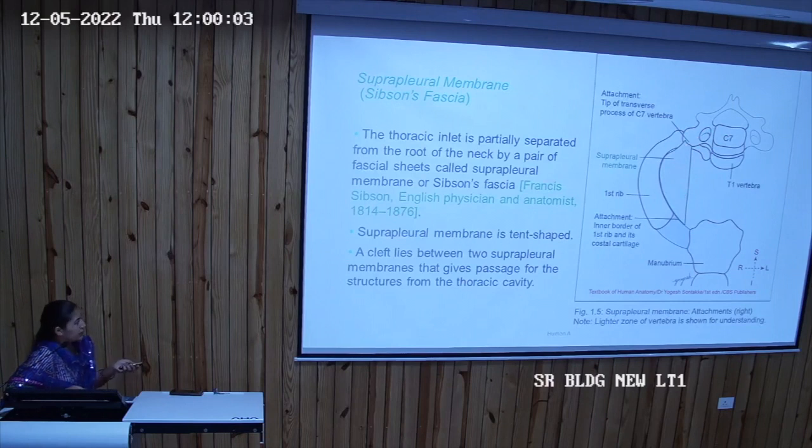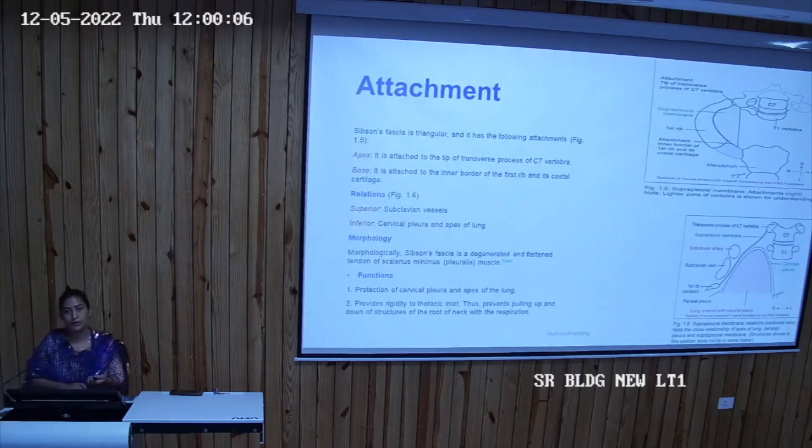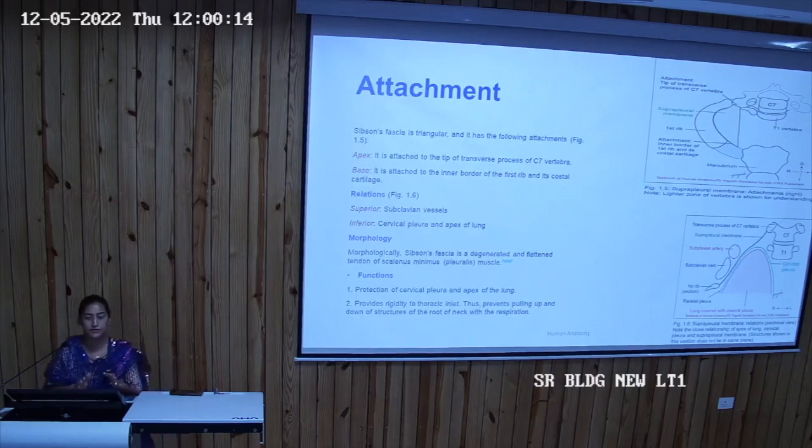So what is the use of this suprapleural membrane? Any guesses? If there is some membrane or fascia present on the apex of the lung, what will be the purpose of this? And it is also a root of the lung. Produces pressure or prevents collapse. If your lungs are inspiring air, they will expand and they will come out of the root of the lung. So as to prevent it, so they may remain in the thoracic cavity, there is Sibson's fascia that is protecting it.